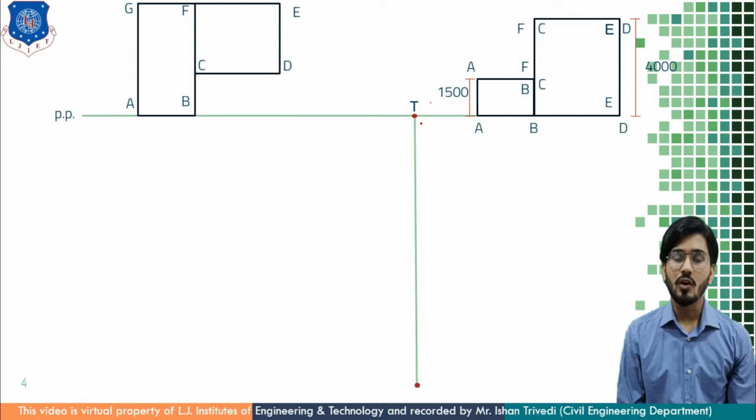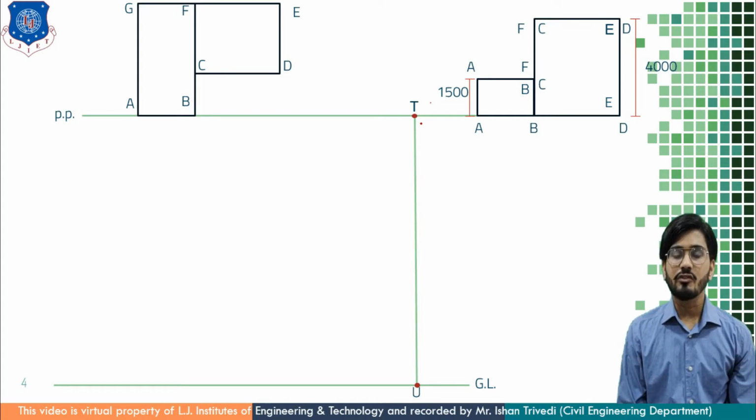Touch it at the end of your drawing sheet, at the bottom edge of your drawing sheet. Just above that, draw a horizontal line which is represented as a ground line. So this T line and this ground line, whenever these two intersect, mark this point U. Once you mark this point U, you will get line TU.